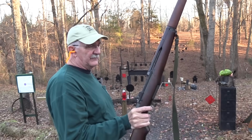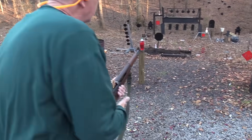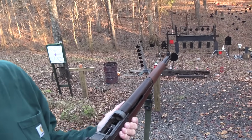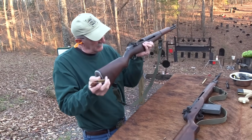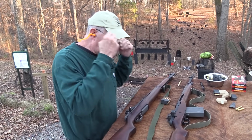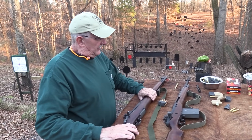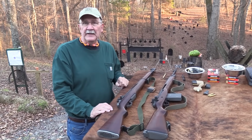Oh man, what a rifle. Like I say, see, I could grab a clip and I could load it, boom, and I'm right back in action. So yeah, it's nice to have 20 rounds, but not necessarily the end all of everything, okay? Pretty cool. So those are the basic differences. There's some other minor ones you want to talk about,